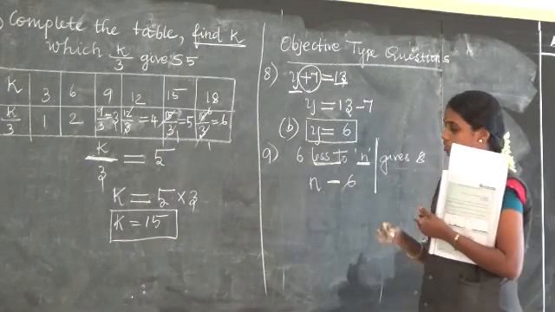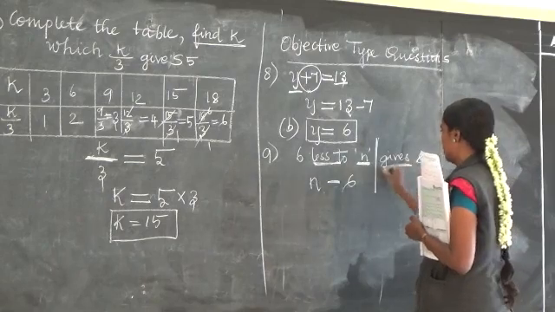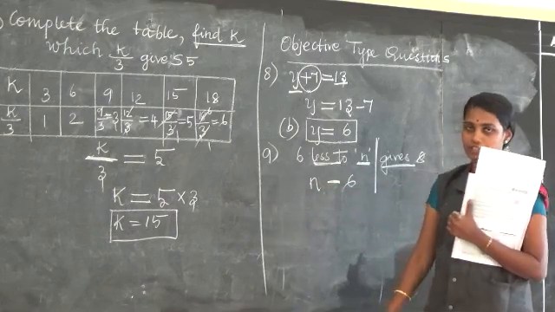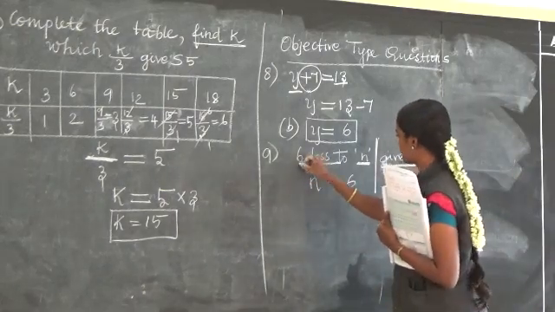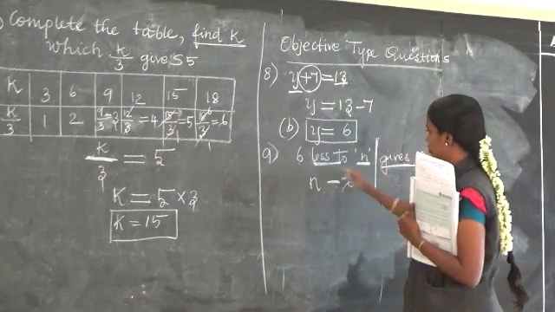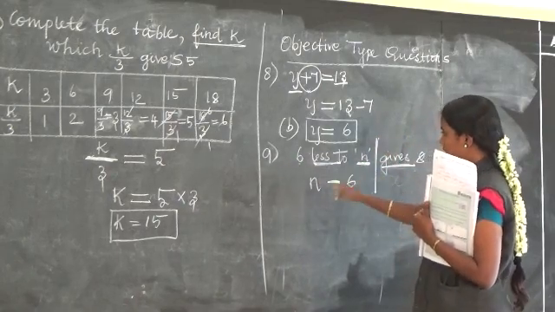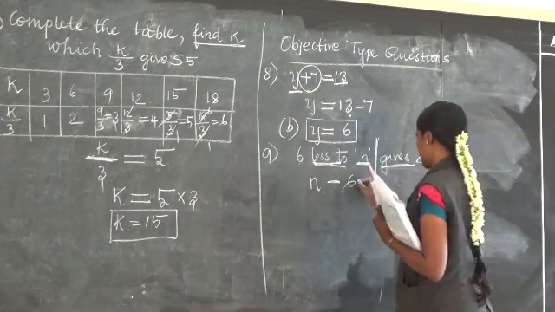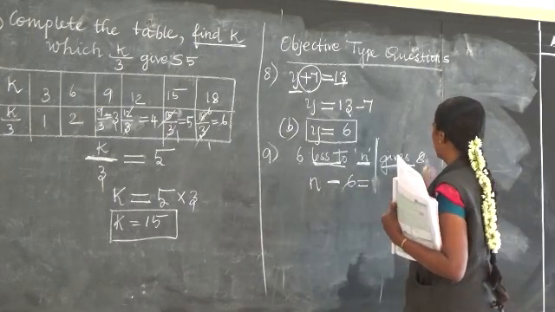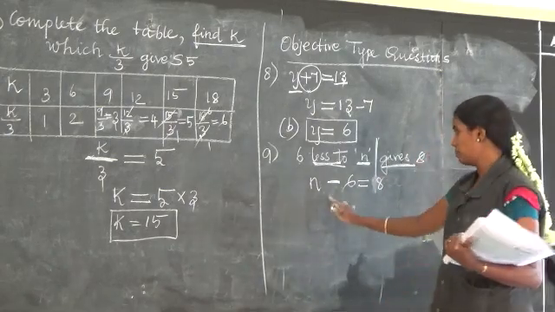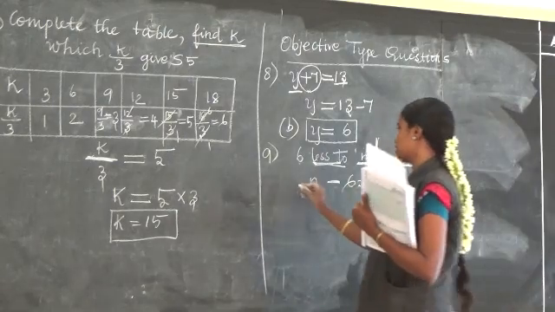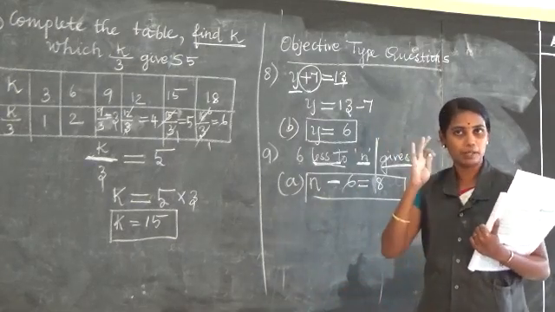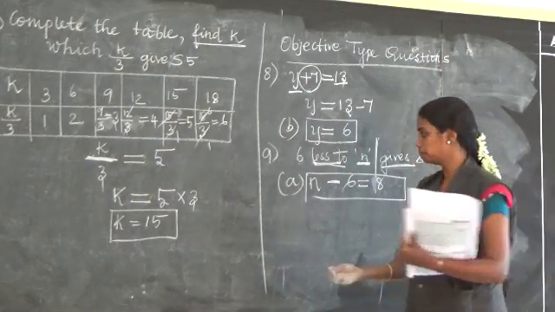Why did I put this? Because gives means equal. This you cannot change. Gives will be as it is. This cannot change from the back to front. Here, 6 less than n. This statement is over. So 6 less than n is n minus 6. Less means from the back, I said. Gives means equal, 8. So the statement is n minus 6 equal to 8. Answer is option A. Less means be careful, from the back to front.